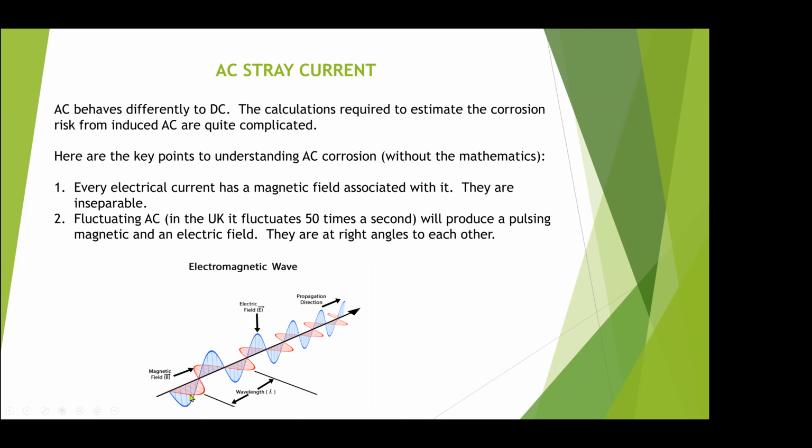That waveform there is called sinusoidal, as is that one. But you can see that the magnetic field is at right angles to the direction of travel, whereas the electric field is perpendicular, it's vertical. That's why the calculations become so difficult, because the angle at which these things interfere with the buried steel dictates very much how much voltage is